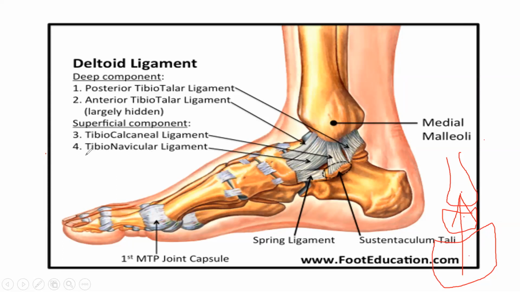Okay, so this tibio-navicular is very different from the lateral side. So this TN joint, if you don't remember, it's okay, there's no issue. You just remember this whole bunch of ligaments is known as the deltoid ligament. It's the medial collateral. All of these are on the medial side and all are collateral ligaments which prevent medial displacement. So this whole chunk goes into the deltoid ligament. Deltoid is also a muscle in your arms, so we call it the deltoid ligament.